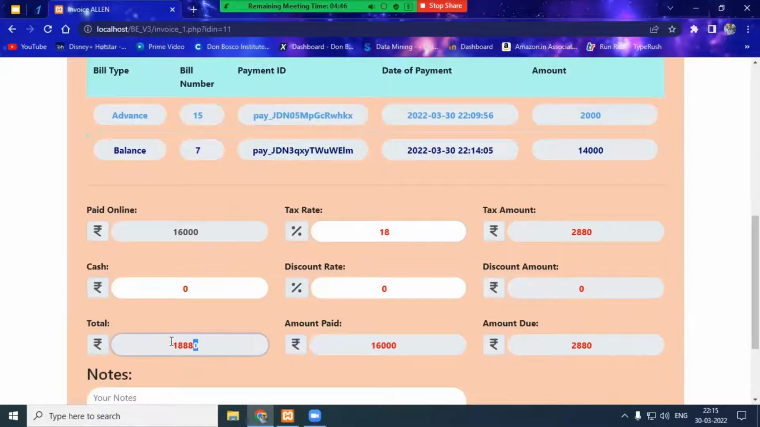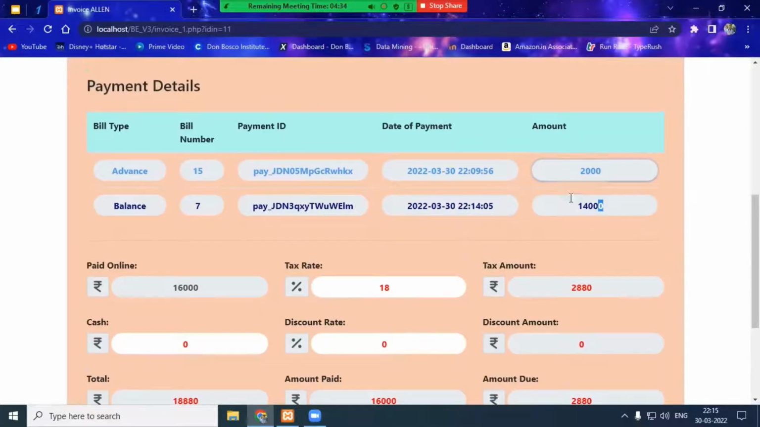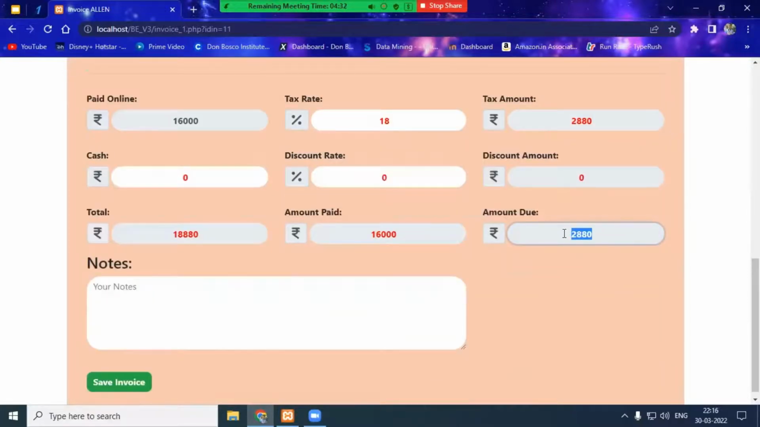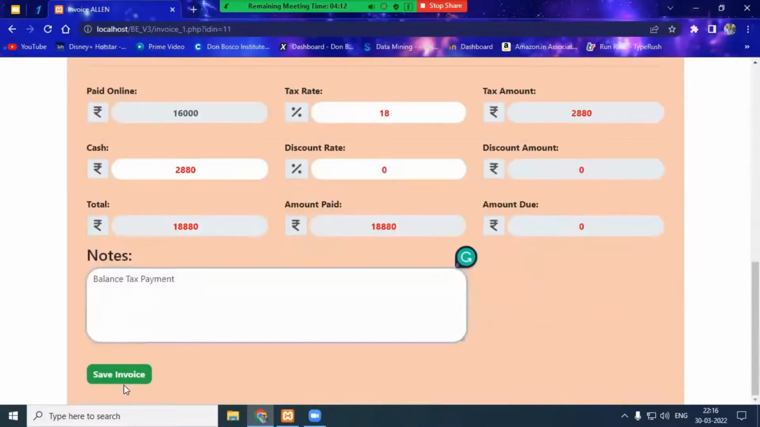And after that, the total will be calculated, 16,000 plus this tax amount 2,880. And 16,000 was already paid as 14,000 plus 2,000. So amount due is 2,880. And if the customer wants to pay 2,880, he can do it over here. The amount due will be zero. And this can be noted down in the notes. So once this invoice is saved,